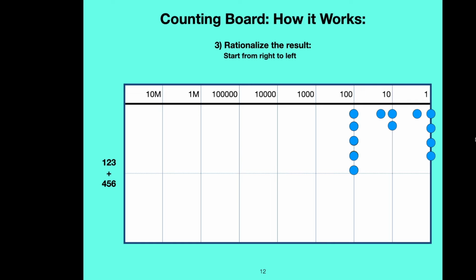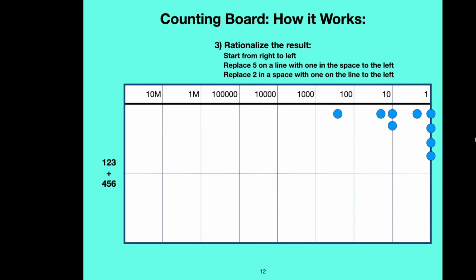We start from the rightmost column moving left, and if there are 5 counters on a line, we take them away and add a counter in the space to its left. And the second rule is if we have 2 counters in a space, we take them off and we add 1 counter on the line to its left. So if we analyze this problem with those 2 rules, we find, starting from right to left, the ones column looks good, the tens column looks good, but the hundreds column has 5 1 counters that we have to move off the board and substitute with 1 single counter in the space to its left, and this gives us the answer of